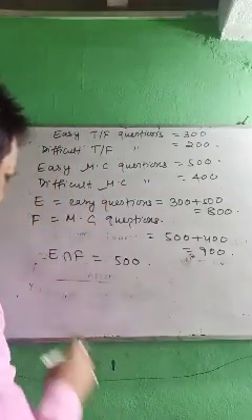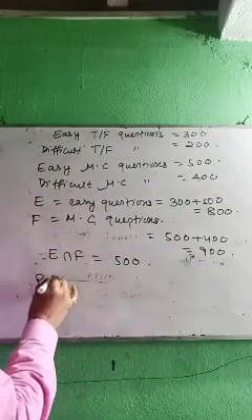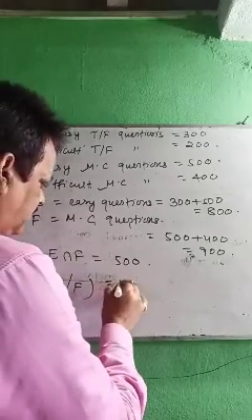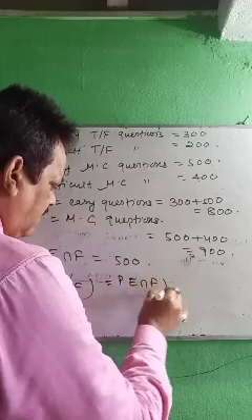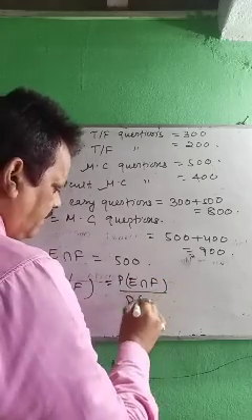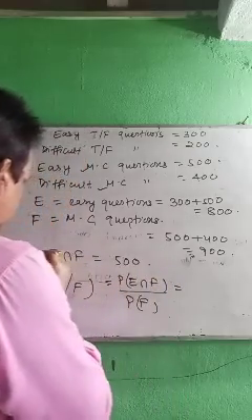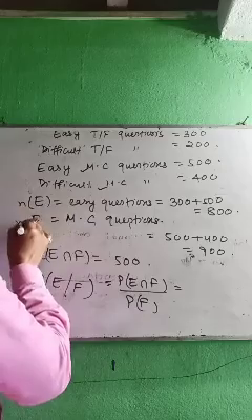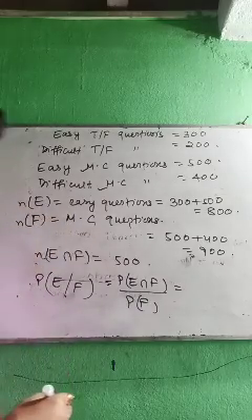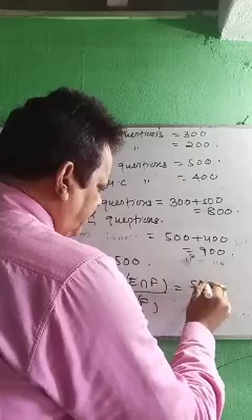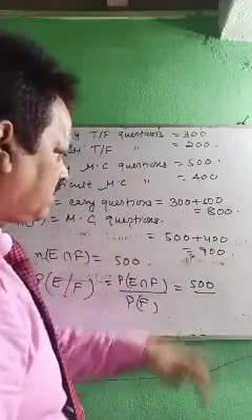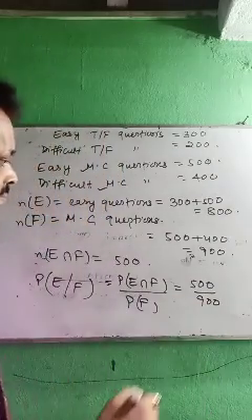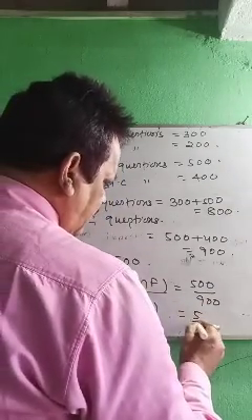Okay. Now, what is probability E condition F? Remember, given that is always here. That means probability E intersection F by PF. This is actually numbers, so write number of E intersection F by number of F. So this is 500. F is how much? 900. That is 5 by 9.